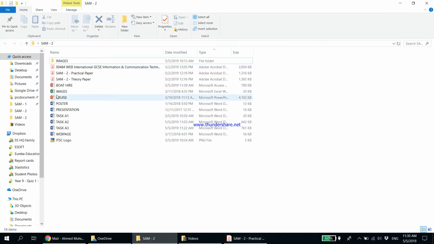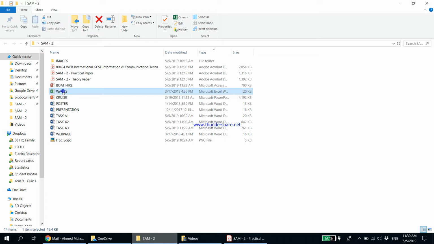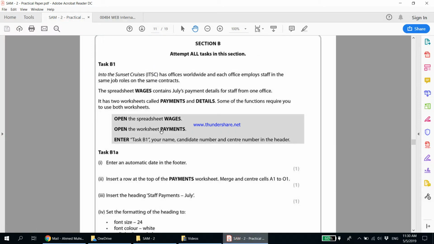So let's first make sure, do we have something called wages? Yes, we do have a spreadsheet called wages. It has two worksheets called payments and details. Some of the functions require you to use both worksheets. So first, open the spreadsheet wages. Let's do that. Open the spreadsheet wages, and then it goes on to say open the worksheet payments,